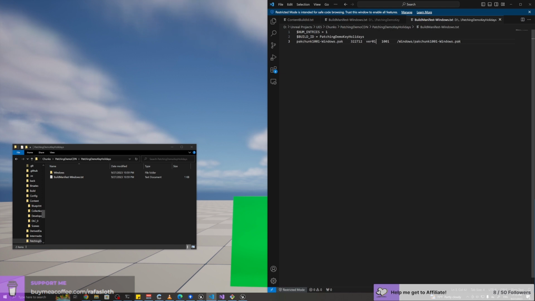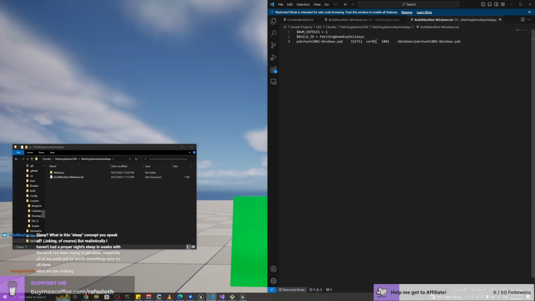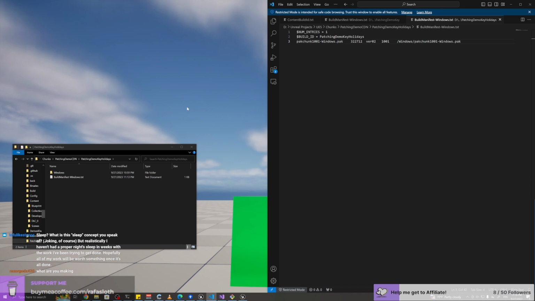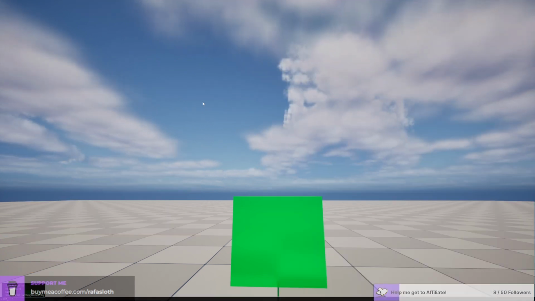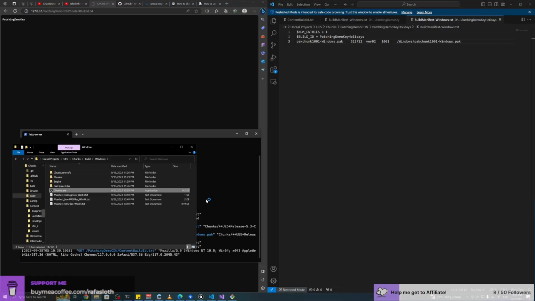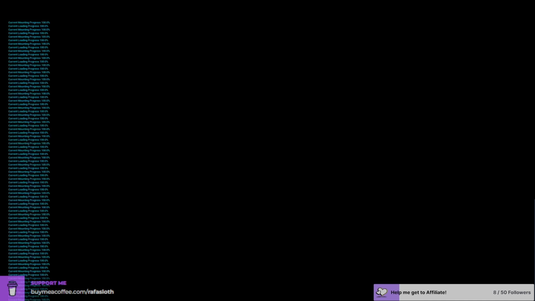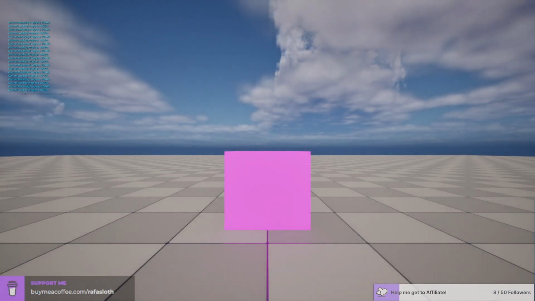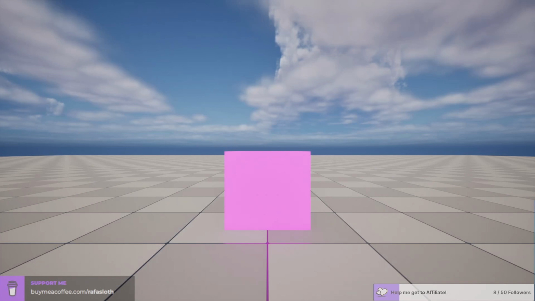This one should say something like version 2 of the same chunk, different size, same path, same name. Build ID, I don't know if it needs to be the same. Let's try to test this with a different build ID and see what happens. So to make this easy, just exit the game, restart the game. Let's see if it loads the purple cube. Yes, it works. Oh, come on.